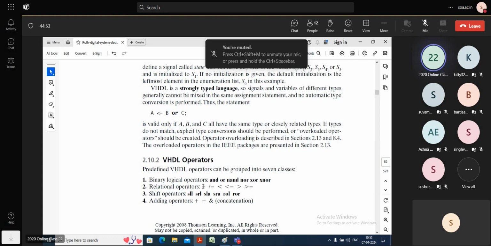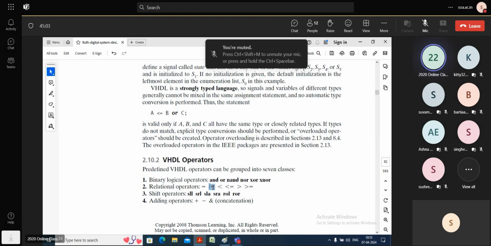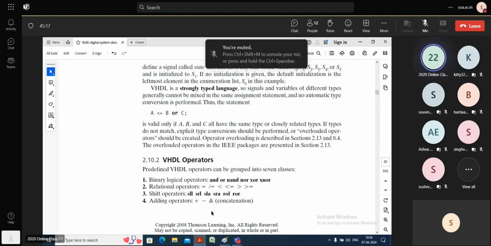Then class 2 is the relational operators: equal to, and not equal to. When you write slash equal to, that stands for not equal to in VHDL. Then less than or equal to, greater than or equal to. All these are relational operators. Then